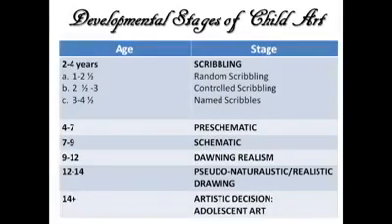Next is 9 to 12 years of age, dawning realism. Objects are drawn smaller with more details, less concern for placement of objects, realizes that symbols do not represent real images. Next, 12 to 14 age, under pseudo-naturalistic or realistic drawing stage. Characteristics are detailed figures, cartoon images, shading, proportion and perspective appear more or less successfully, spontaneous drawing ends, except for those who go on in art.